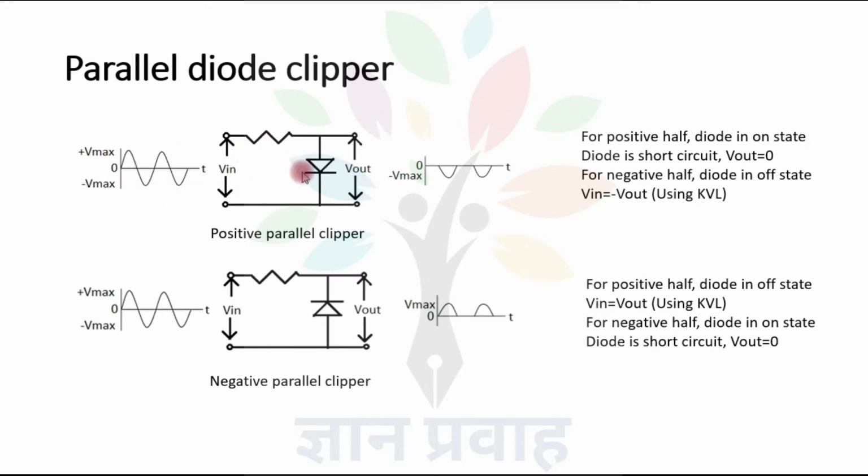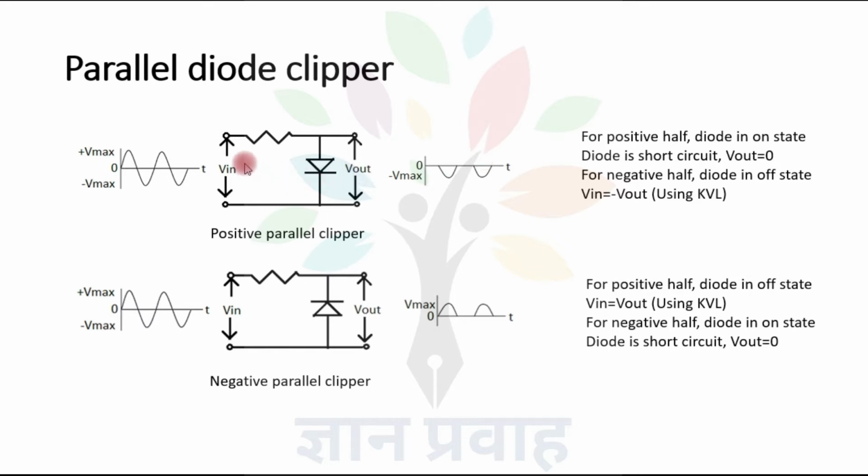The input of this clipper circuit is an AC signal. So the operation of this clipper circuit is explained here for the positive half. This terminal is positive, this one is negative. This one is negative means this PN junction diode is operating in forward bias, because the N side is connected to lower potential. So it is short circuited, or V out voltage is 0. So positive halves are clipped off from the input signal.